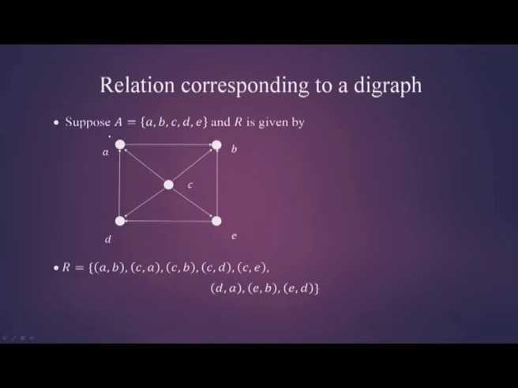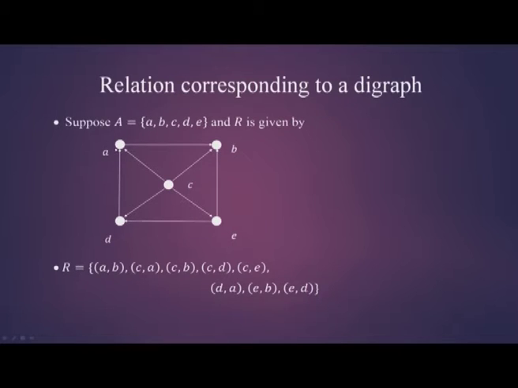Now, we may also have some problems where we are given a digraph on a set of vertices and asked to write down the corresponding relation. For example, here we are starting with the set of vertices A, B, C, D, E, and then we are given a digraph. Now, it is quite a straightforward problem, because we see that we can start with A, and of course,